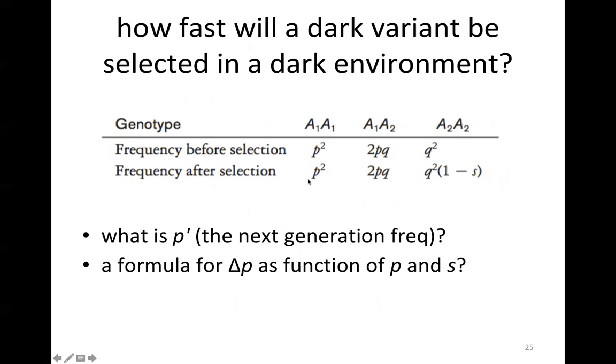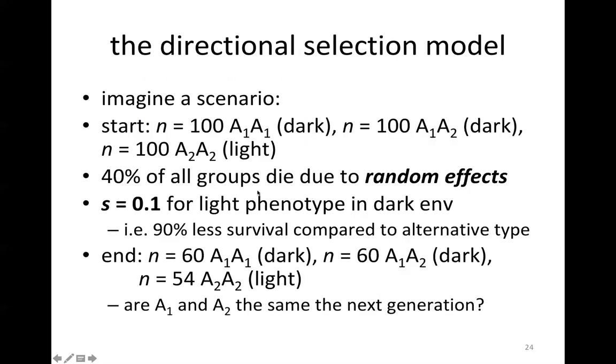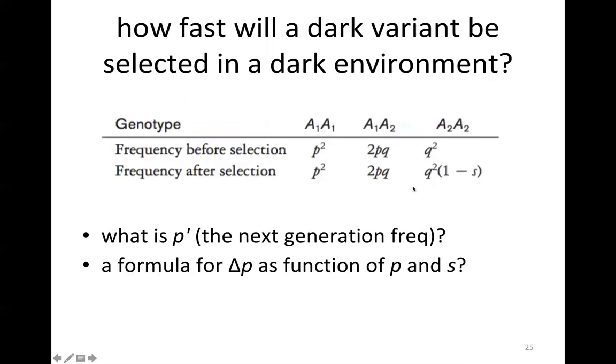But then once selection happens here, some individuals of certain type die more frequently, and that changes the frequency of one genotype by 1 minus S. So the frequency of A2 homozygous individuals decreased by 1 minus S. If